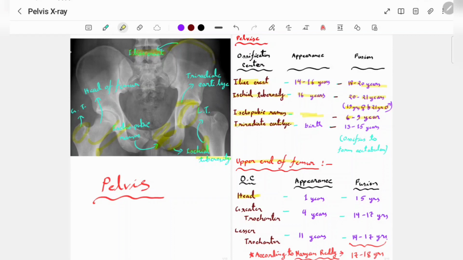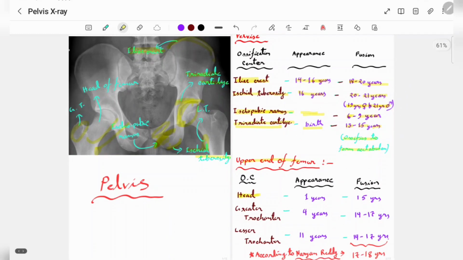Then is the triradiate cartilage. The triradiate cartilage appears at birth and fusion occurs at 13 to 15 years of age. And one important thing, the triradiate cartilage ossifies to form the acetabulum. It is the acetabulum, where the head of the femur is lodged. Then the upper end of the femur: the head appears at 1 year of age, and fusion occurs at